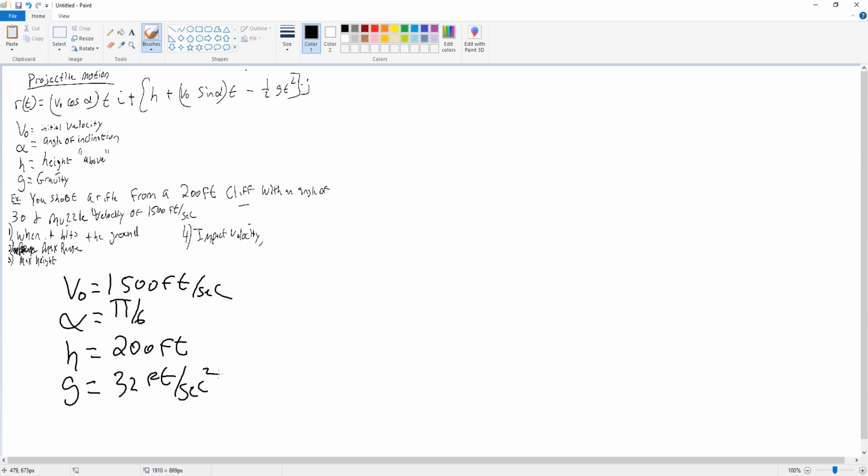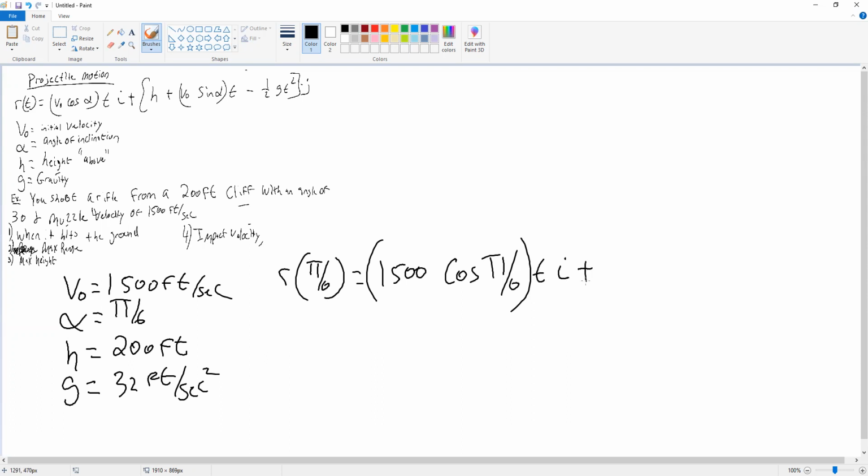All right, and what do we do? So we'll say r of t at pi over 6 is going to be equal to, we're going to plug in v naught, which is 1,500, times cosine of pi over 6, times t, i, plus